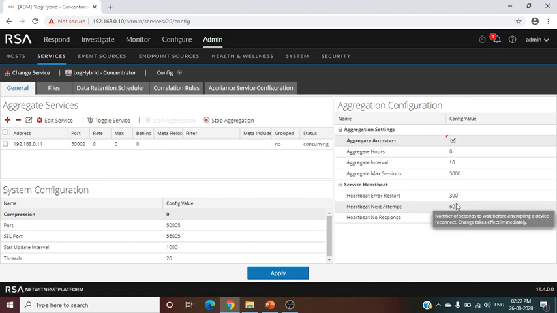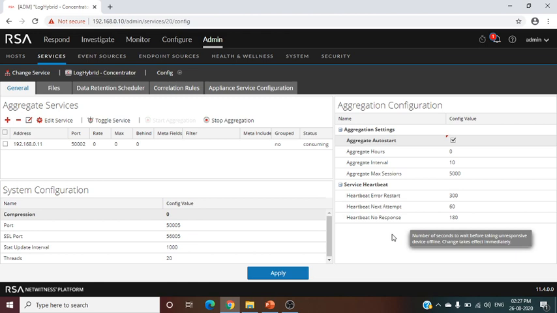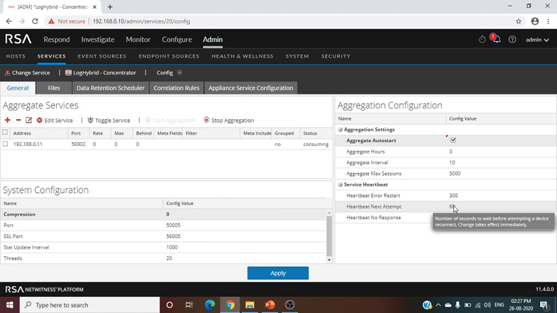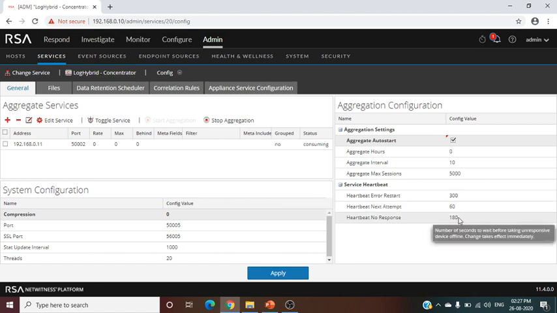Now heartbeat next attempt. So when heartbeat fails, it will try to reattempt after 60 seconds. Now heartbeat timeout. So number of seconds to wait before taking unresponsive device offline. So after 180 seconds, if it does not receive any response, then it sends a signal to our health and wellness that device is off.